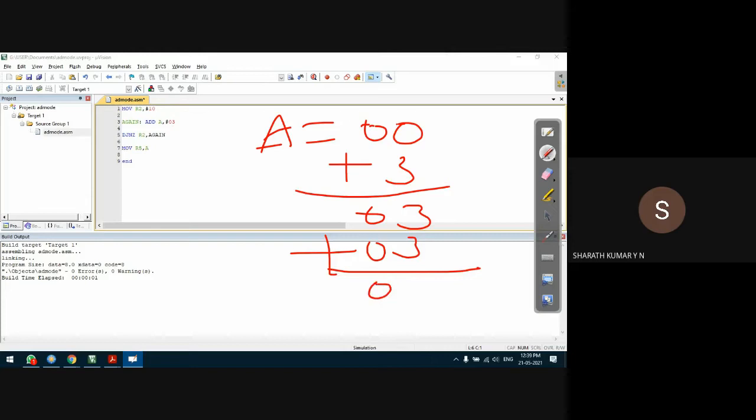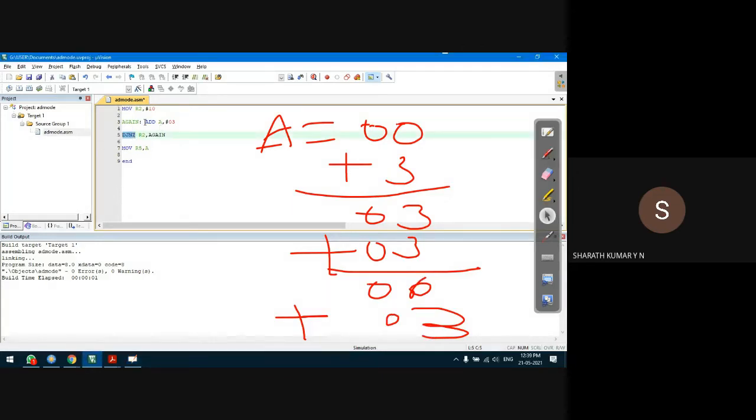Next we need to add 6 to 3, something like this. This I need to repeat 10 times. If the loop is not used, then we need to repeat this instruction 10 times. But that is unnecessary, the program becomes clumsy, and that's not the way to code anyway. So we are using the DJNZ instruction.